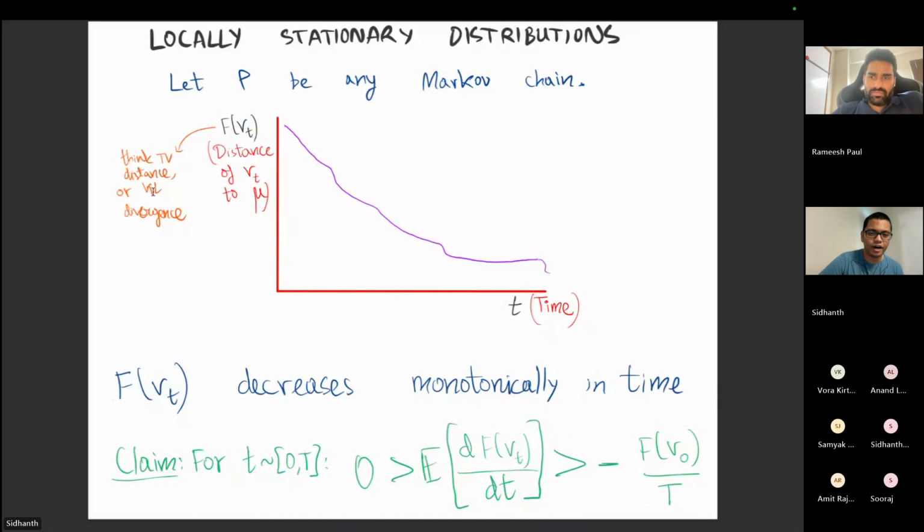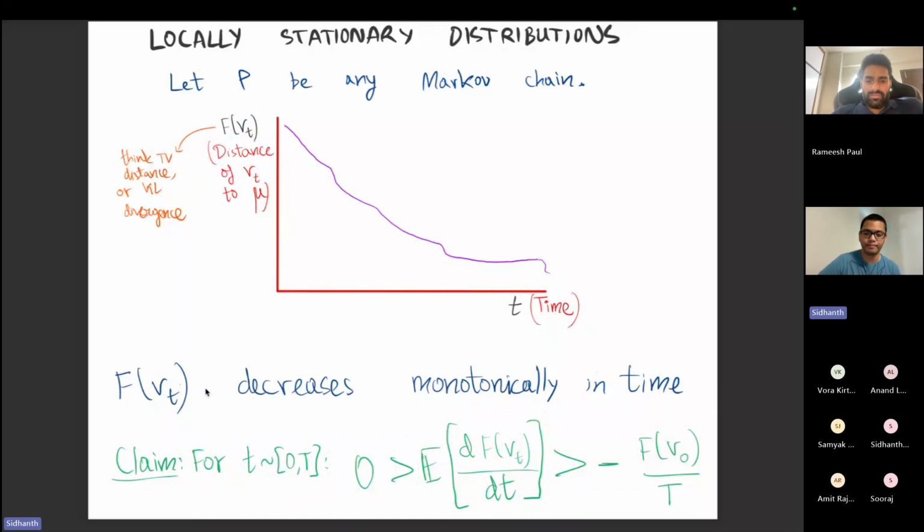Whichever one. But one key aspect of this function f, which is measuring the divergence between nu t and the target distribution mu, is that it is a monotonically decreasing function of time. As you run the Markov chain for longer, you never get further away. You can only possibly get closer. Maybe you don't get closer at a quick rate, but you never get further away. And one immediate upshot of the fact that f is monotonically decreasing in time is that if you look at the derivative of f